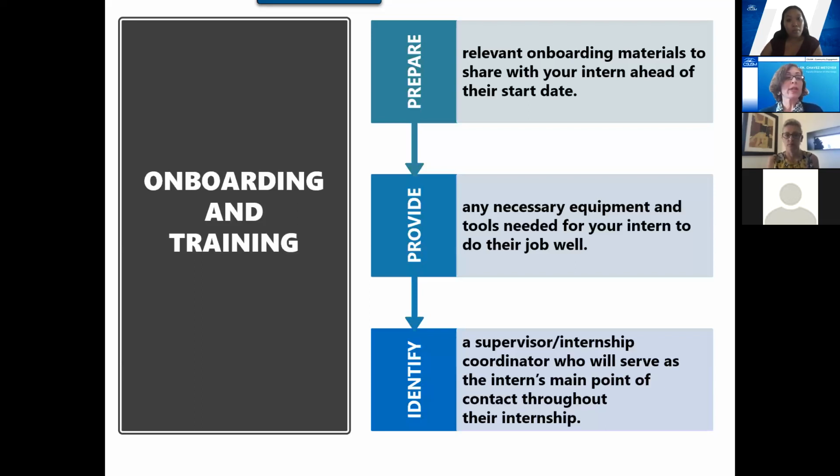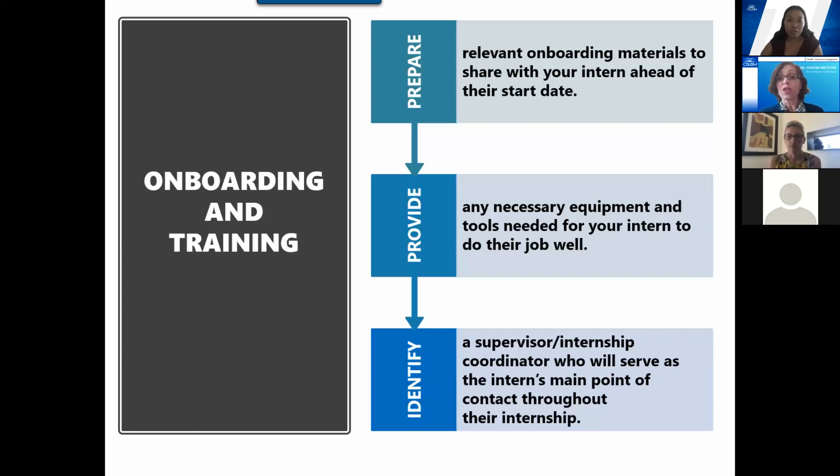And then you're also going to need to make sure that there's a place where you can share documents, assign tasks, communicate regularly. And I know that you all have been thrown into this because of COVID-19. How do we communicate with our teammates? How do we share documents? How do we do things like this? Have a Zoom conference? So what is your project management tool going to be, your online collaboration? There are many, many out there. But what's the one that's good for your company, your organization, and be prepared to orient the intern to that.